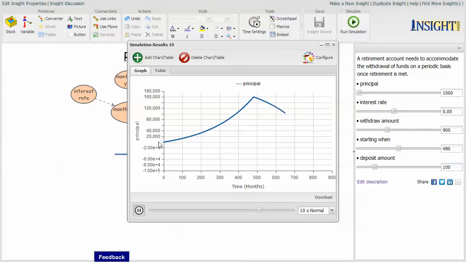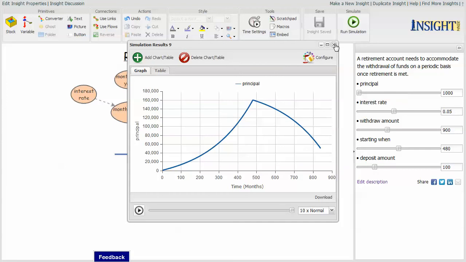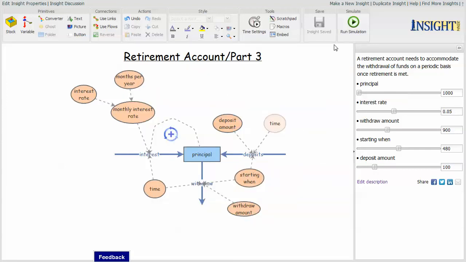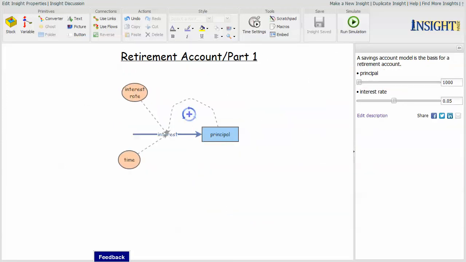And since this down here has gone negative, I've got a feeling that I ran out of money. Yeah, it's actually negative. Not too much, maybe $1,000 or so. But part of what I wanted you to sense here, in addition to the fact that this was a retirement account model, is that